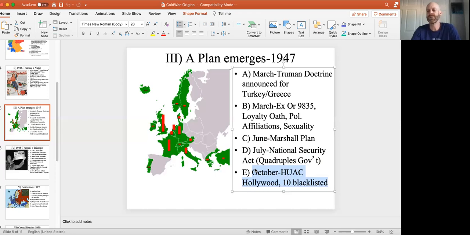They had no ties with the Soviet government, but they just had ideas that many people didn't like. So HUAC was formed, the House Un-American Activities Committee, and their job, which was ridiculous, was to root out communists throughout the country. And they had these ridiculous hearings in 1947 where they hauled up Hollywood screenwriters and actors and asked them, are you now or have you ever been a member of the Communist Party? And then they would interrogate them and humiliate them.